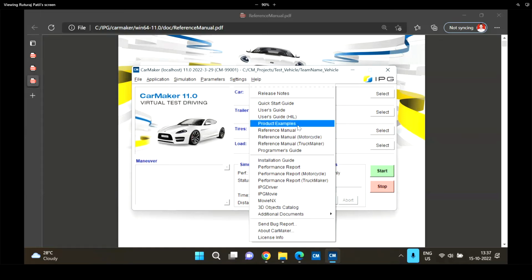Besides this, I just wanted to add one more thing. For the new teams, for the juniors who have just joined the IPG CarMaker team in your college, what they can do to acquaint themselves with the software in less time and